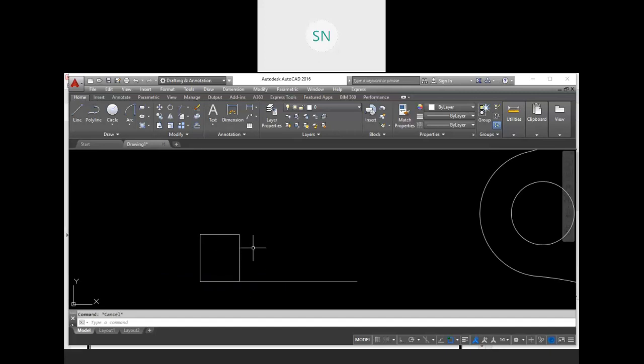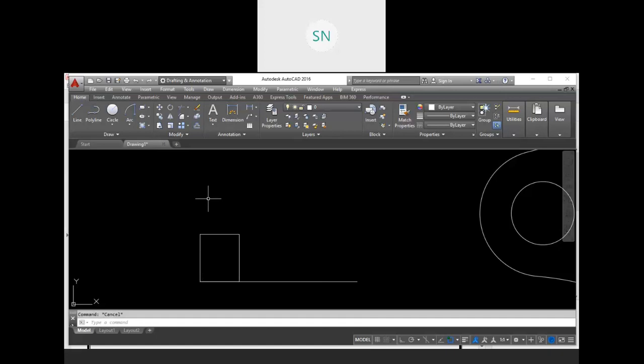So what will happen? SC, enter. SC is the shortcut for scale. SC, enter, select object, enter and your base point. So up to this point it's almost similar with the other tools. Now specify your scale factor. Let's say 2. So what will happen? It will multiply all the dimensions and all the values with the 2 and a new output will be there. So here we have 25 mm. So this 25 becomes 50 and this 30 becomes 60 mm. So our new rectangle is 50 by 60.